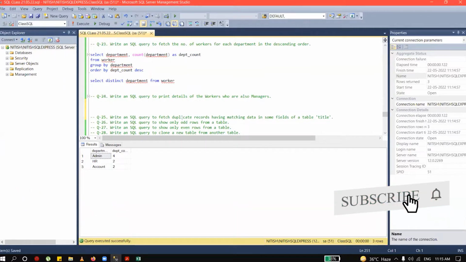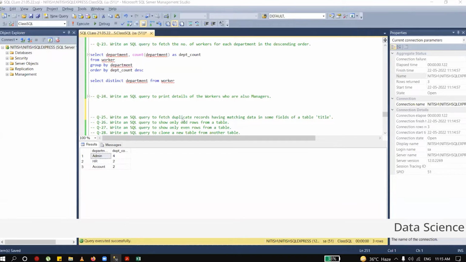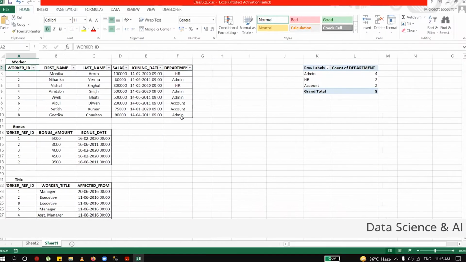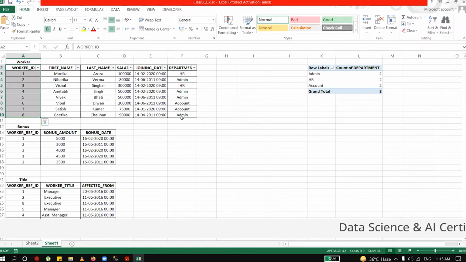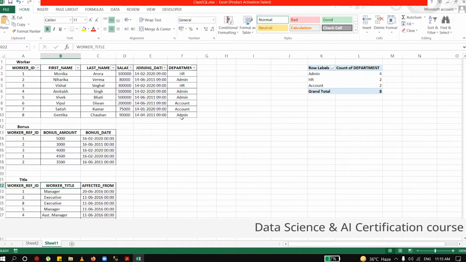Write a SQL query to fetch the details of workers who are also managers. So we are looking for the worker ID which are managers over here. In the title table, we are looking for all the persons who are managers. So in this question,